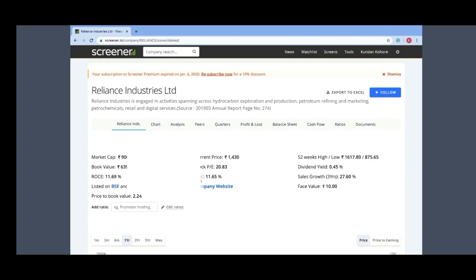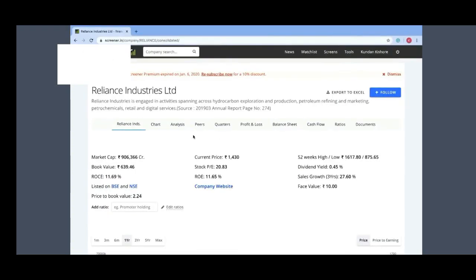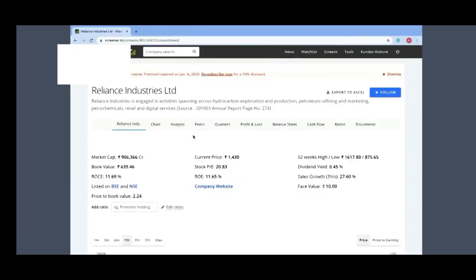Total number of shares, if we divide it by, we can say that that is the book value per share. So let's say we calculate book value per share of Reliance Industries looking at the numbers from screener.com or even Money Control. So let's say we will stick to Screener. So first of all, market, we will come in the same way we did in the last class. We will come with the number of shares of Reliance. Current market price